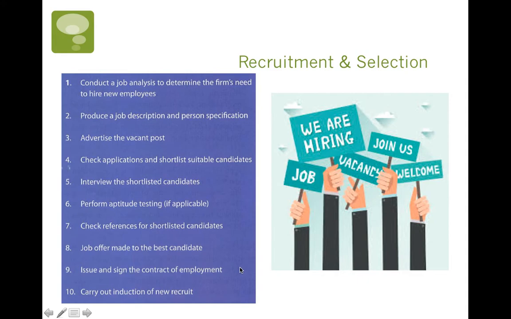And officially at this point, they become our employee, and so it's time to start carrying out the induction of the new recruit. So this is the first steps of training, bringing them in and introducing them into the company's policies and procedures, the physical layout of the company, where things are, fire escapes and so on and so forth, things like that. How specific systems work, like logging onto the computers,